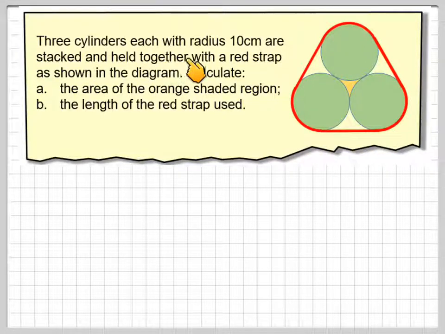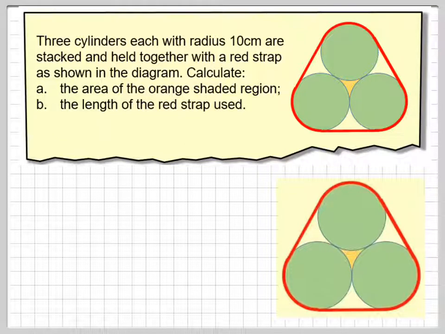Three cylinders, each with a radius of 10 centimeters, are stacked and held together with a red strap as shown in the diagram. Calculate the area of the orange shaded region, which is that area there, and the length of the red strap used. Okay, obviously what you need is a diagram, and what we're going to do first of all